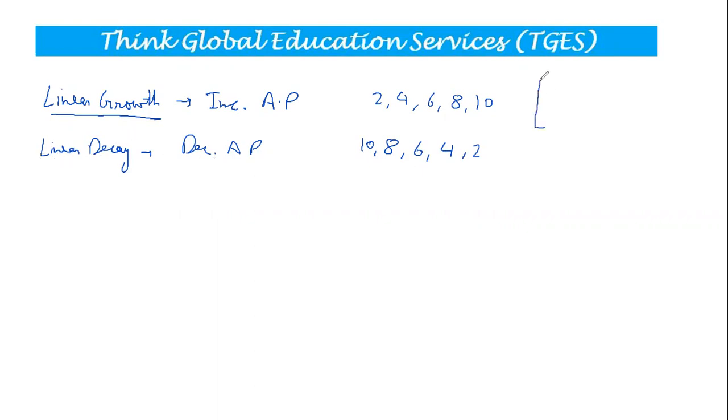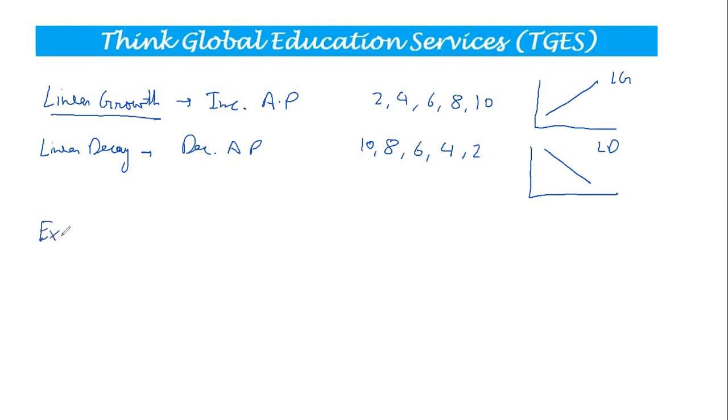Now if I talk about the graph of linear growth, you see, as I keep on increasing x, y will also increase linearly. So that's the graph of linear growth. There's always a straight line going up. And similarly, when I talk about a linear decay, it's a linear graph going down. That's a linear decay, right? So a graph going up, linear, of course, it will be a straight line.